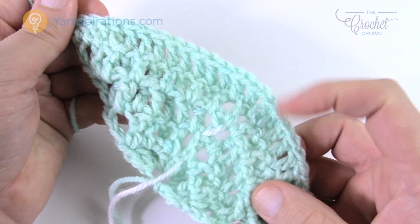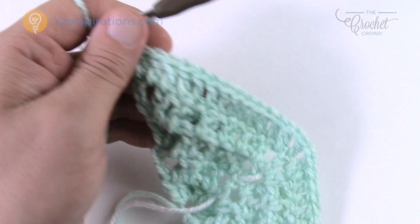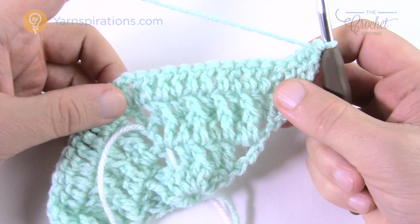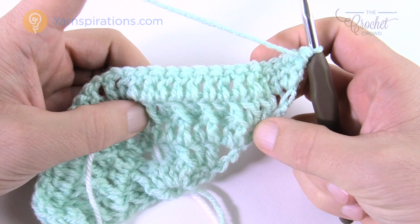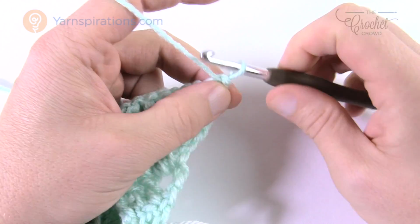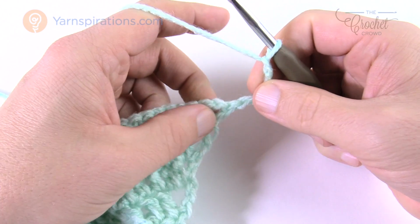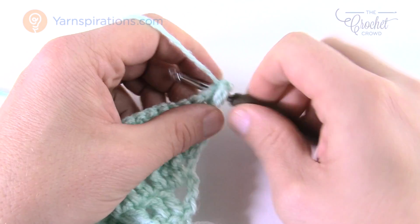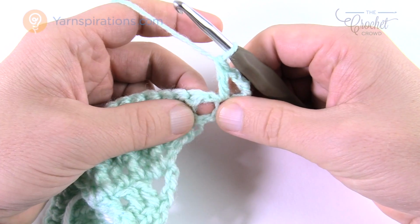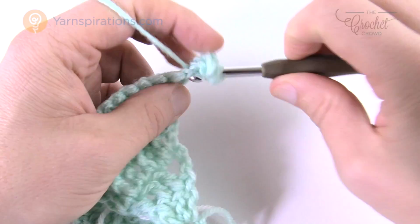Okay, so let's begin again, and I'm gonna show you row number 4 once again. As we go for row number 4, the only difference is that it's bigger, so it's longer here on both sides. Therefore there's gonna be more front post double crochets to work with. So let's begin. We're gonna chain up 4. Remember that's a double crochet and a chain 1. Coming into the same stitch right below is a double crochet. You're gonna fill this chain 1 space with the double crochet again,